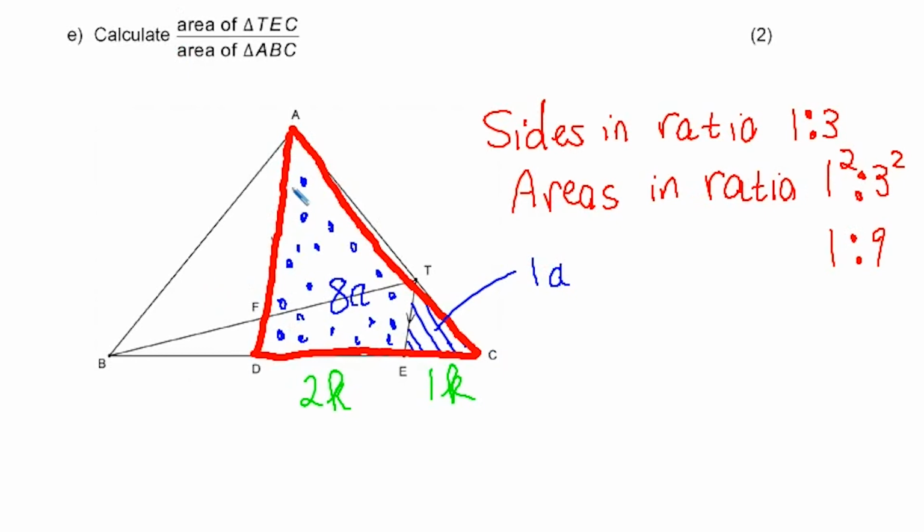So if this is 9A, this must be 6A, this piece over here. So the entire big triangle ABC is actually 15A, and the ratio TEC as to ABC will be 1A as to 15A, which is